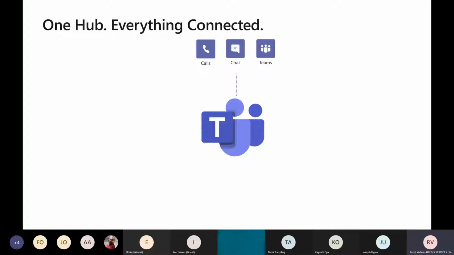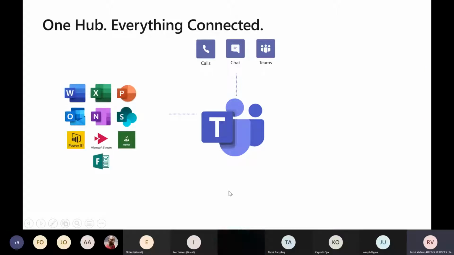But this is the very basic, which is available out there and which draws a lot of people towards it, especially in the current scenario where many of us are working in a distributed mode. So it helps us keep connected, collaborate with each other, and share stuff.